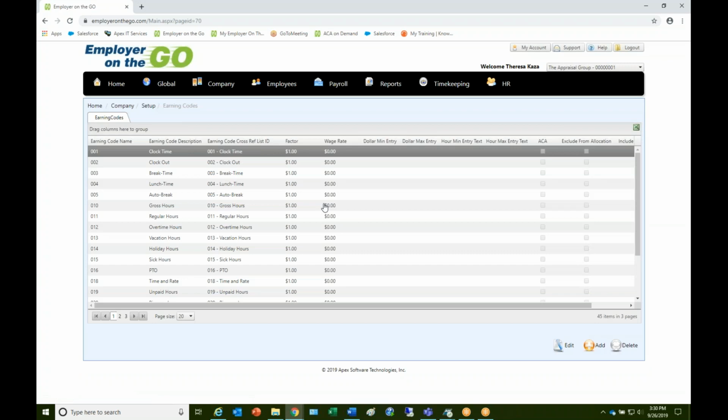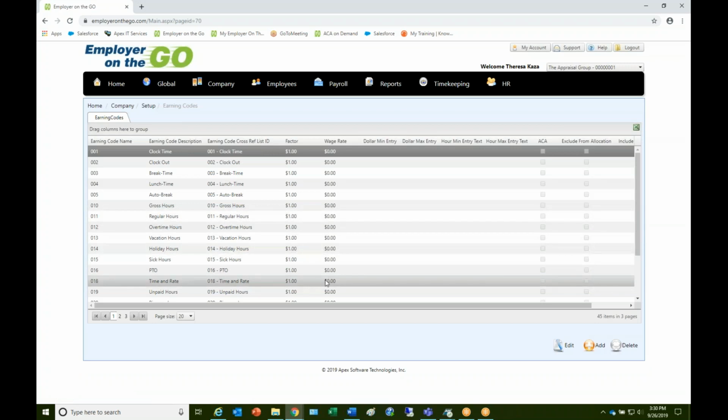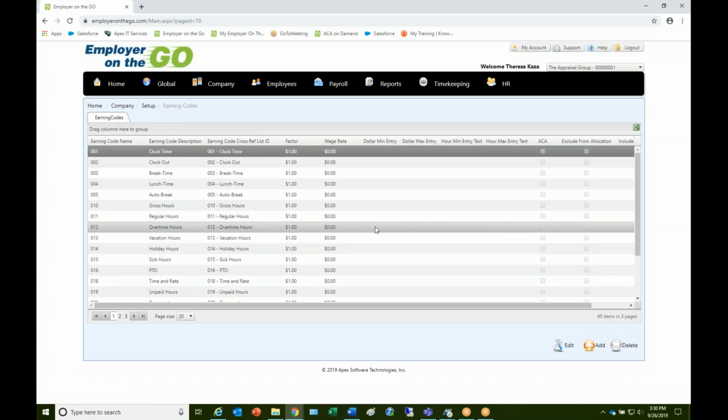Another window will open up, and by default, every company has access to a standard 43 earning codes. You control, or the Service Bureau can control, what earning codes are available to the end user through the user profile and security on the company access screen. So if you don't see all 43 of those, that may be because you're restricted from seeing everyone that could